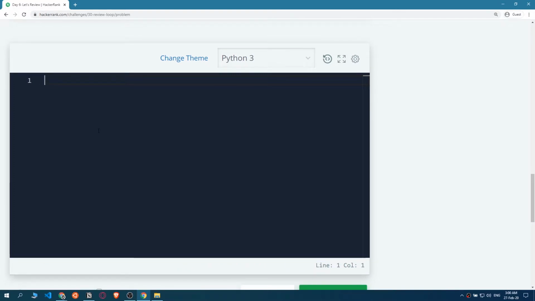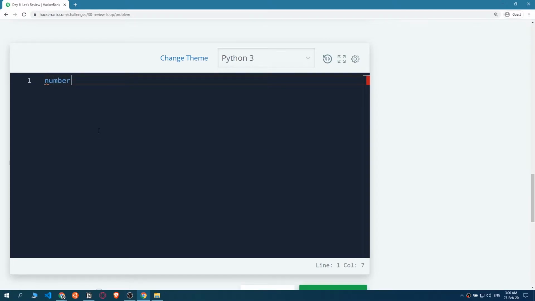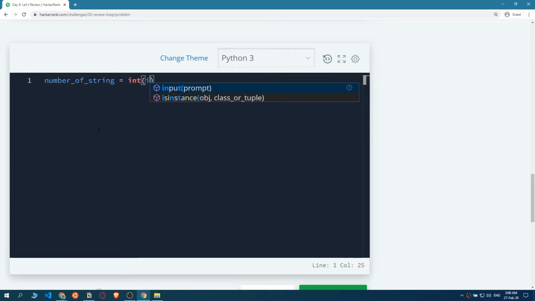First, we want to get that integer because it's really important to know how many strings we are getting. So we'll say number of strings, don't forget the underscore, and we will get an integerized version of the input, which is the first line. Then for every line in number of strings,